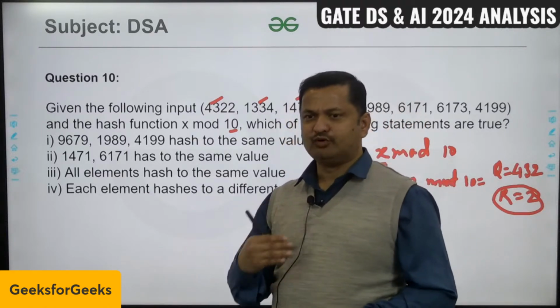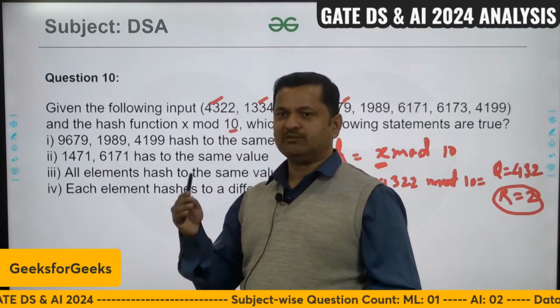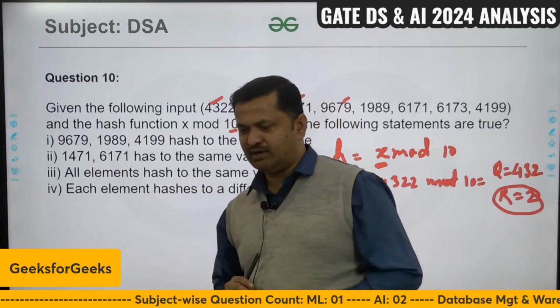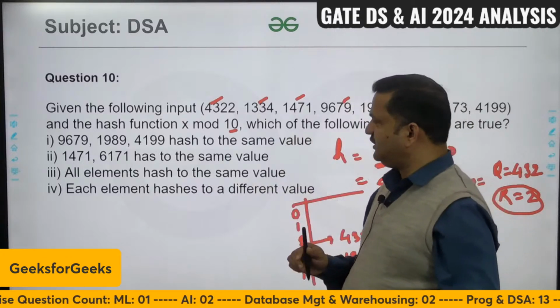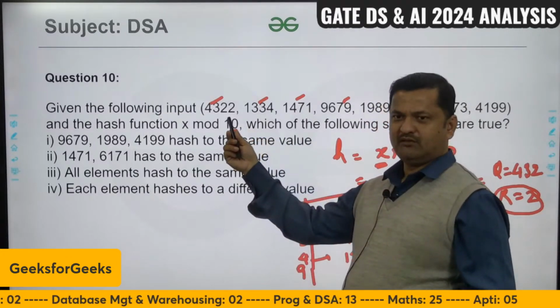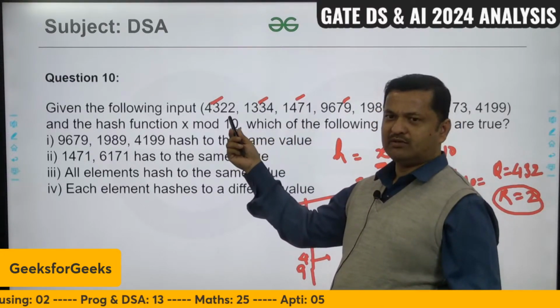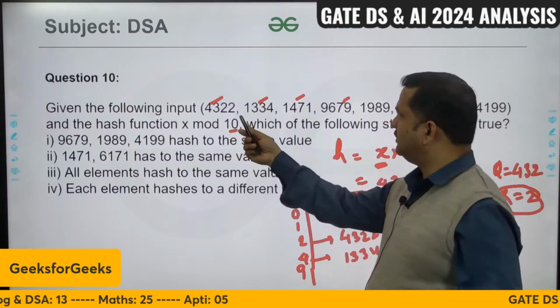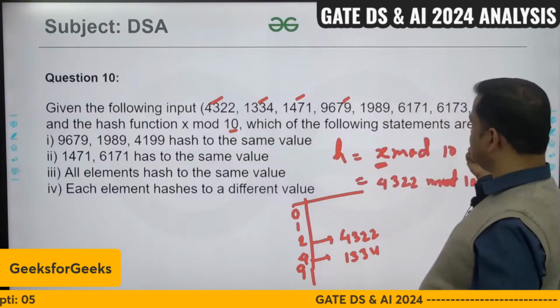That means we have to divide it by 10, and we'll look at the remainder, and that remainder will be nothing but the index corresponding to each and every element. Now look at this particular sequence. If we take the remainder, the remainder is going to be the last digit, because this is the decimal division. Okay, so if you look at the question that says which of the following statements are true,